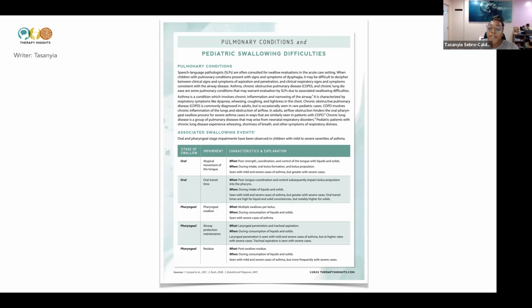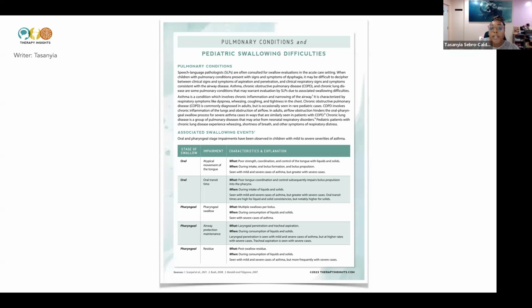Oh, well, the child's complaining, but there's no reason for it. There's no neurological reason. And then sometimes the chart review does not list a pulmonary condition, or sometimes it's there, but the practitioner doesn't think about how that may impact swallowing, or how that may be mirrored as a swallowing